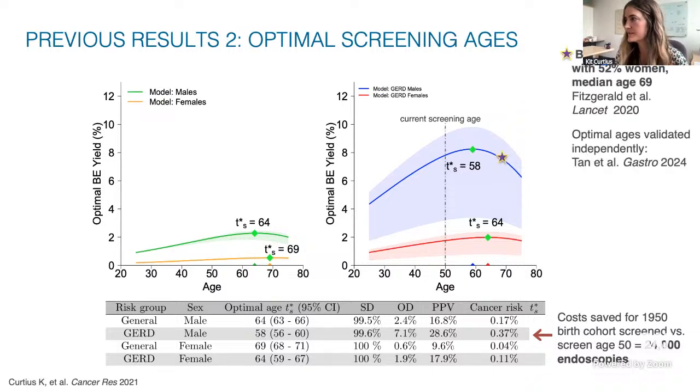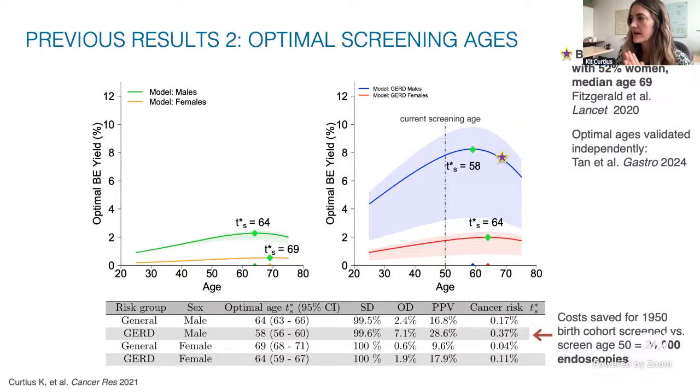The cool thing about this is you can compare this to trial data. So in the UK, there was a very large trial called BEST3 of screening for Barrett's. And they saw that the prevalence of Barrett's was around here at this age group. So that's pretty in line with what we saw as well. And what was published last year in Gastro is they took just that trial data and had a statistical model